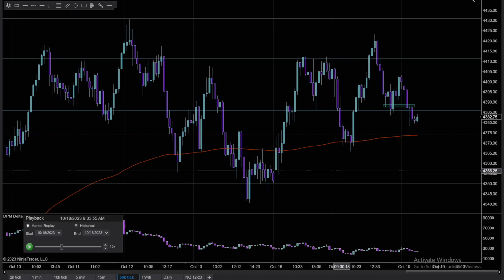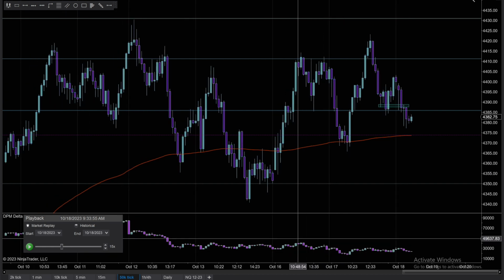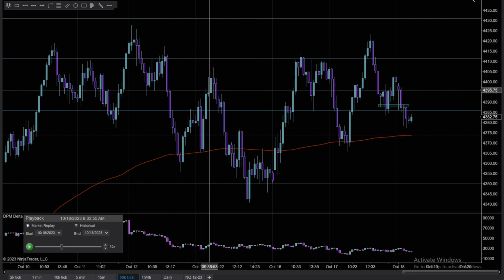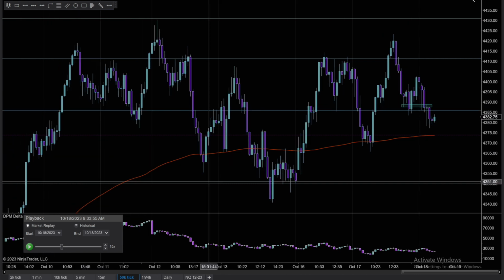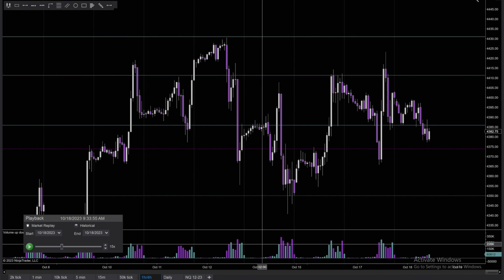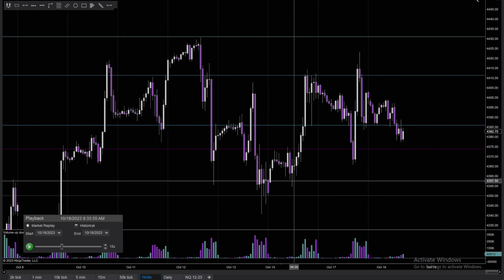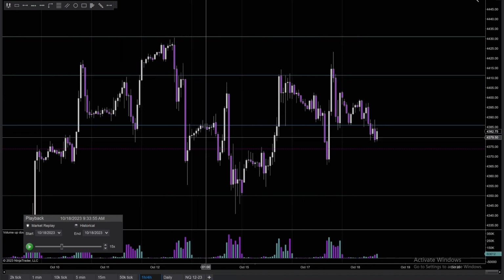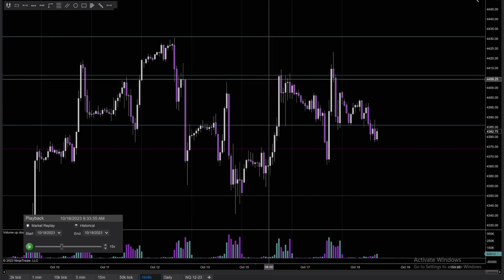Okay, so here we are on NinjaTrader, and this is from today, October 18th. One thing I want to point out, and obviously I have all of my drawings on this chart already, but notice overall, this is a 50,000 tick chart. It's very similar to looking at a 1 hour chart. And notice that we're in a big old range here, a real big old range, okay? Now, are we in an uptrend, downtrend? Really hard to say. Here, we were kind of going down, then we poked up and made a new high,